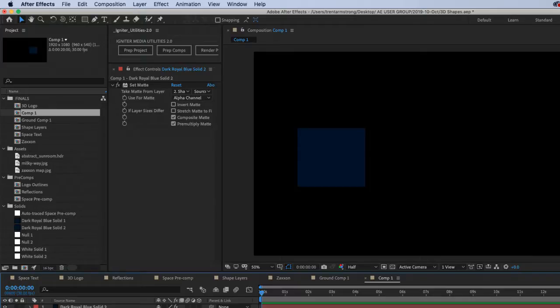Not I refer to the shape layer as whatever size the shape layer is. I refer to the shape layer in reference to the boundaries of the composition. It makes sense. If you think about it like pre-comping, like if this were a solid and I pre-comped it inside a 1920 by 1080, that's exactly the same result as you get if you put a non-full frame shape layer inside here.